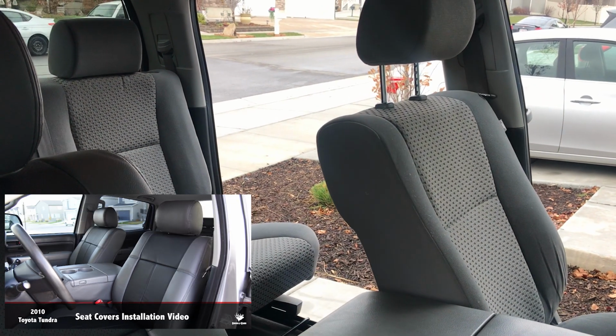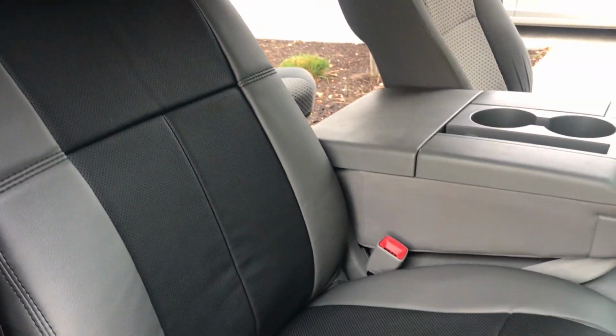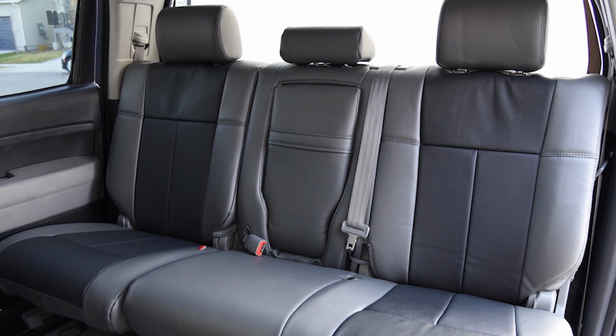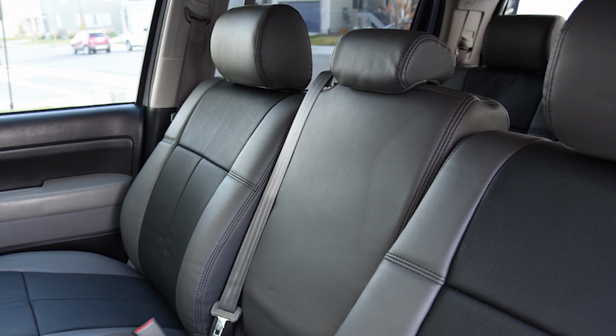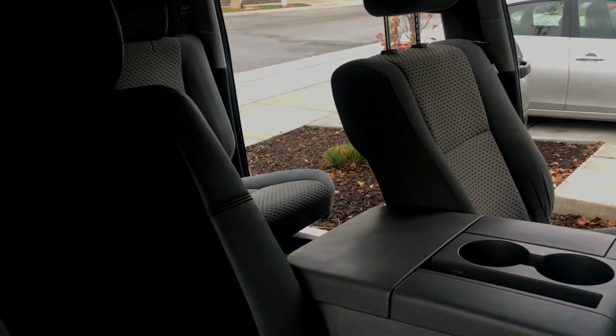Okay, so let's get started on this install now. Again, this style of seat is the 40-20-40 on the front seat. This is the crew cab, so the rear seat back there. I have installed the seat covers on this passenger seat right now, and then we're gonna get the covers on